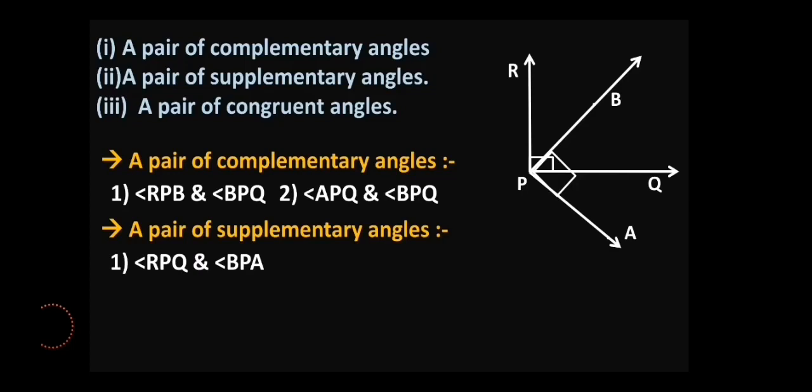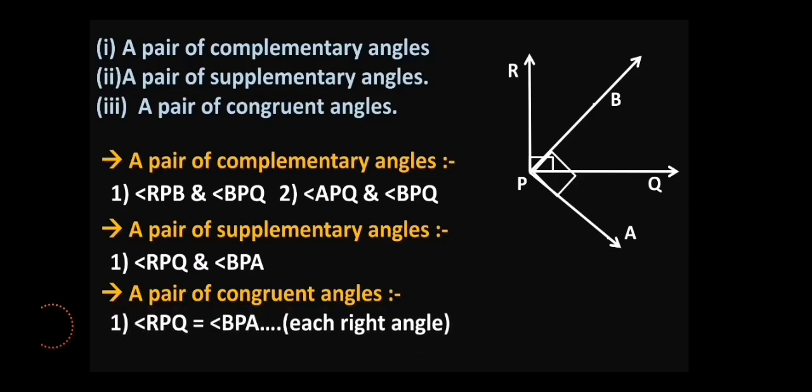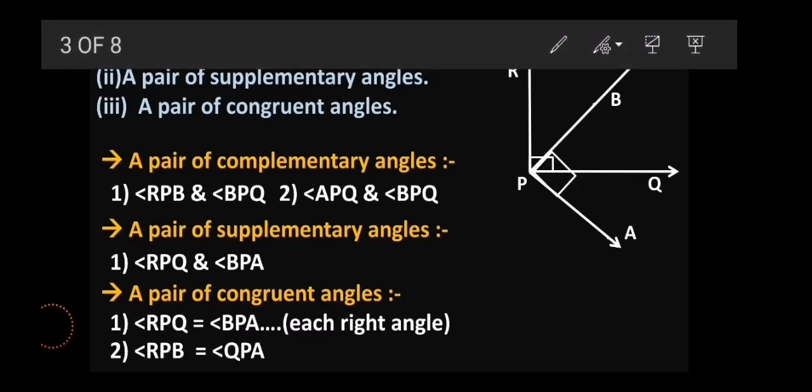Now we have to write the third pair, a pair of congruent angles. As we know there are two angles with 90-degree, or right angles, we can say those two are congruent to each other, right? But if you observe the diagram, there is one more pair congruent to each other. Any guesses? I hope your guess and my guess are the same: angle RPB and angle QPA. So confused why they are equal? Let's try to solve it now.